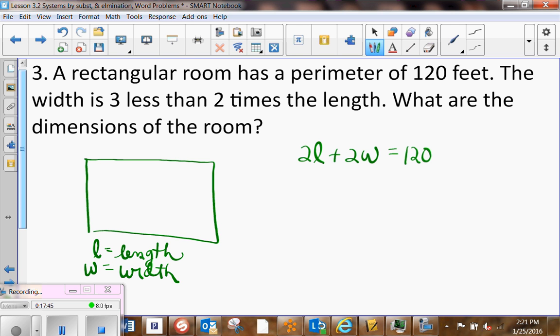Oh, okay. So we've got the width. So yes, I'm going to put W. Is, there's your verb. Is, was, were, those are always your equal sign. The width is